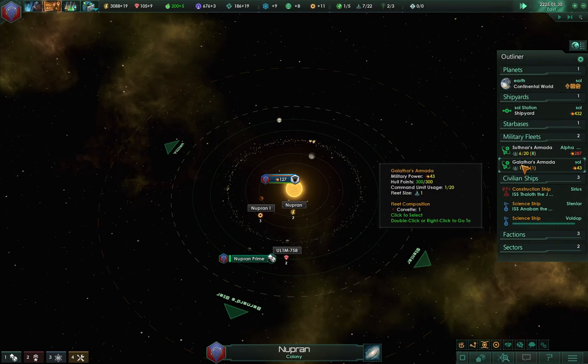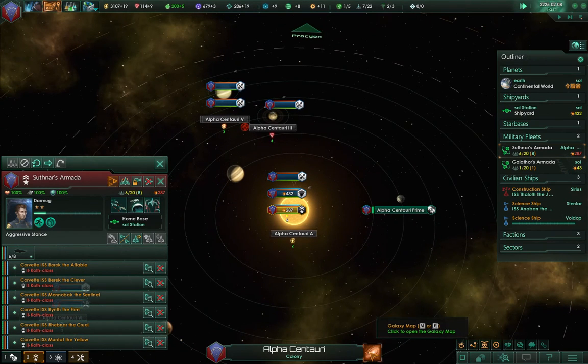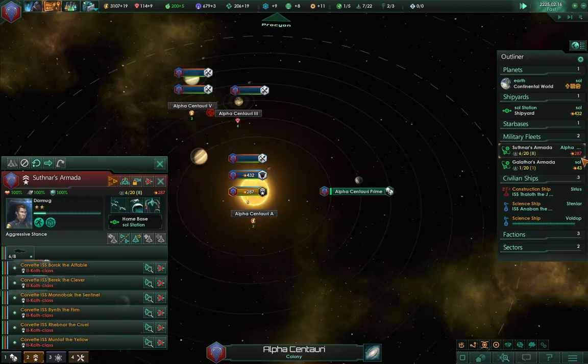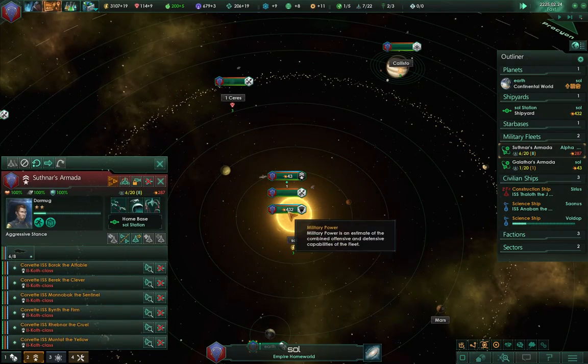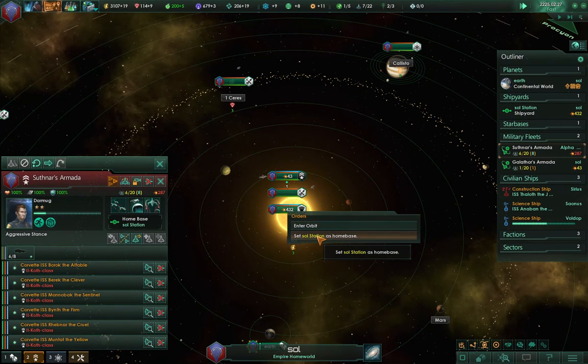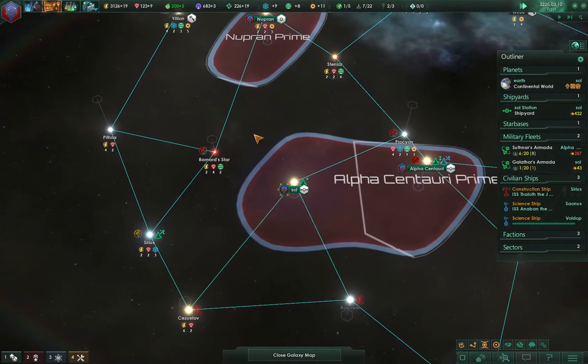Yeah, so I can't set them. So they've repaired, haven't they? Yep, they're all repaired. So I'll go here, click on that, and then I will click on this starbase. Well, that is their home base, so why would they go? No, who cares? Okay, so once they're there, I will build one more